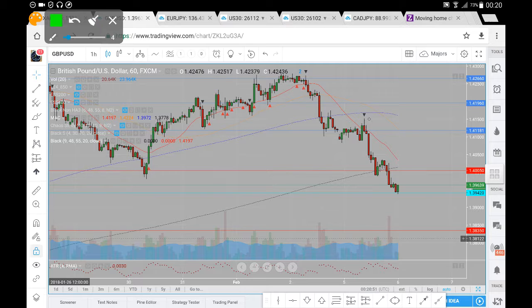move upwards, and we had this rejection of this pin bar, indicated with this arrow just there. Had a pin bar, and we saw further sell side momentum come into this market. So the sell side momentum took us down towards this 40.05. In around 40.05, we also had the 400 period moving average, further acting as a confluence, increasing likelihood of